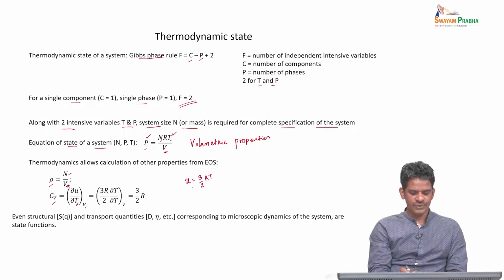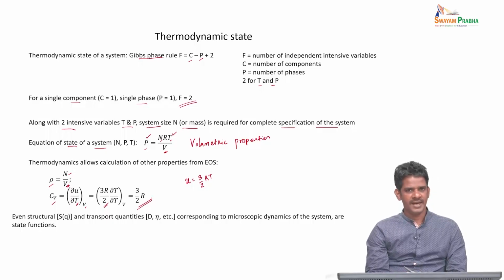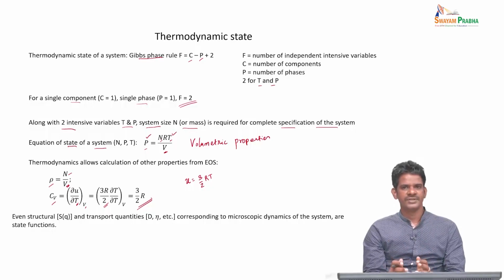Okay, so now if you substitute this U in this derivative, you basically take this 3R by 2, which is a constant, it comes out of the differential, and then you have dU by dT, which is 1, and then you can see what is the heat capacity for monoatomic ideal gas. So the point I'm trying to say is that it is possible to describe a system with a very few number of variables based on Gibbs phase rule. Once that is known, then if you have the information of the equation of state, then you can actually calculate all the properties of your interest by looking at their definition.